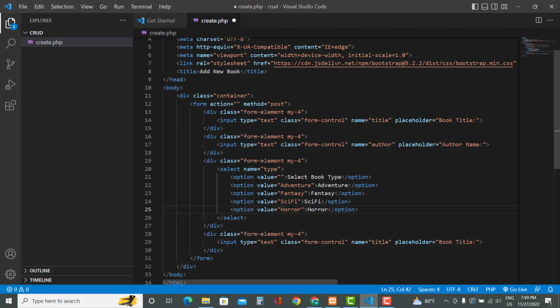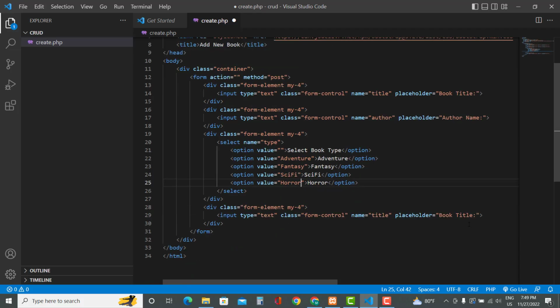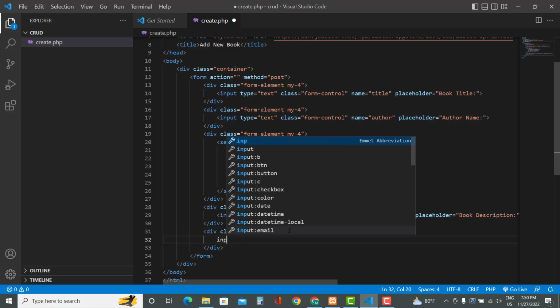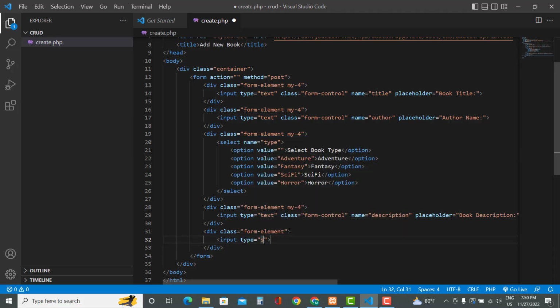Now on the 4th option we will use book description. So here the name should be description. And now lastly we need the button, the submit button. From element, then in this case this input type should be submit as it is a button, and on the class we will use button primary or button success,